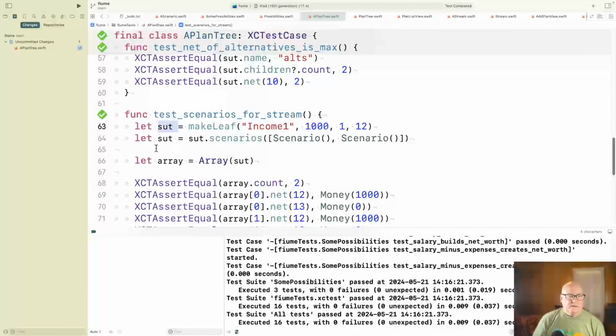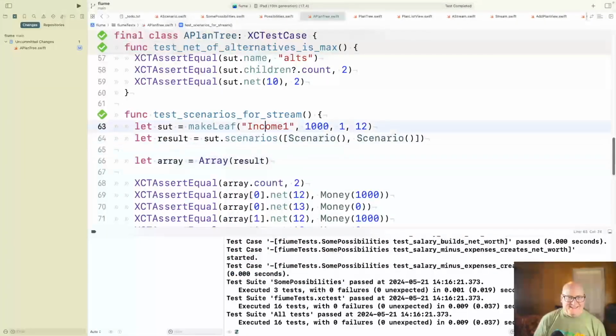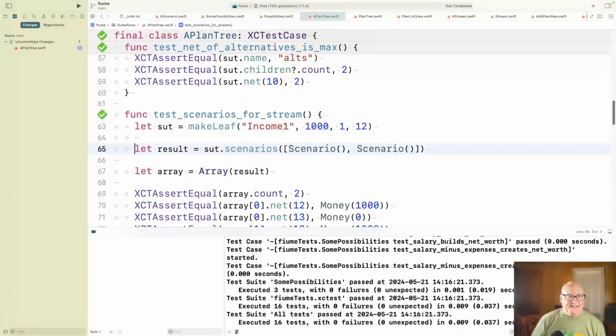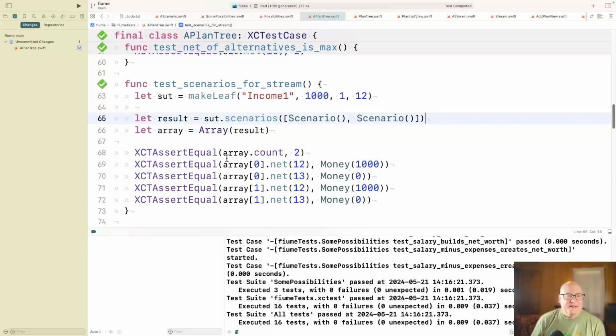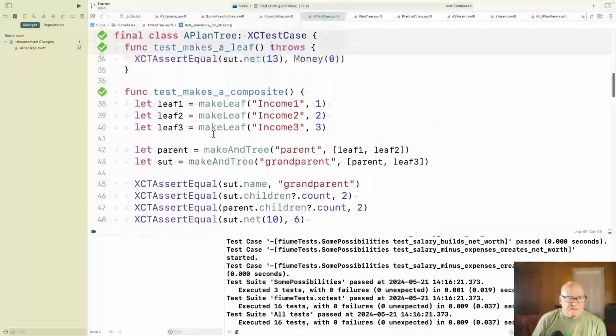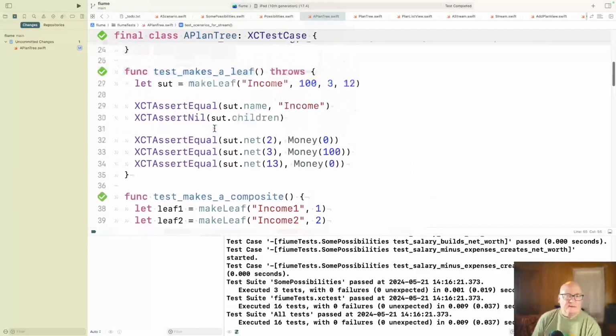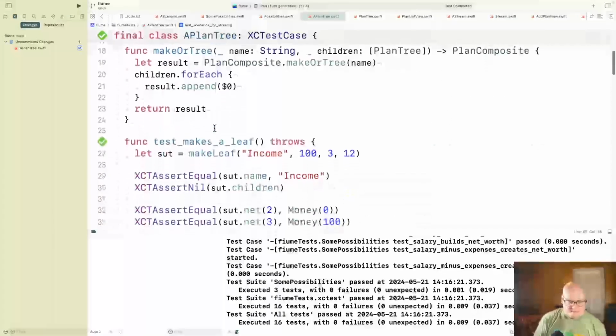Oh, you sly one. You're supposed to reject that. Fortunately, my assertions are about array. Okay. Make or tree. All right, yeah, this one, that's the sut. Yeah, I think that's okay. It's the only one.